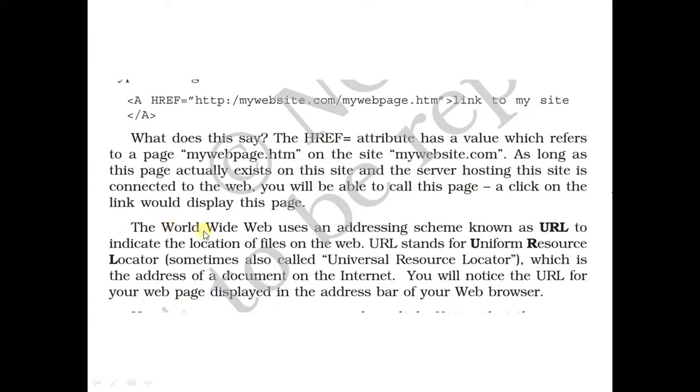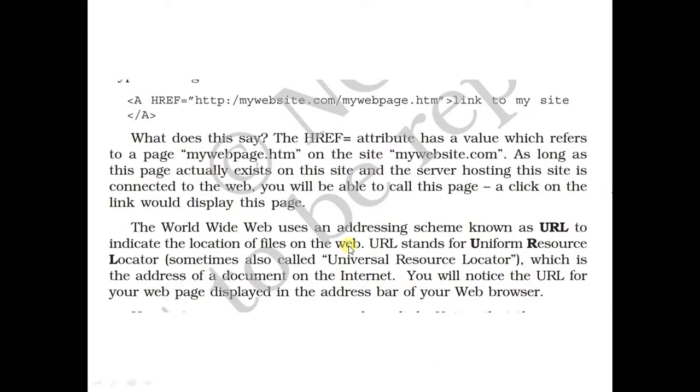The World Wide Web uses an addressing scheme as URL to indicate the location of files on the web. URL stands for Uniform Resource Locator, sometimes also called Universal Resource Locator, which is the address of a document on the internet. Means it tells the address where the page or the document or the website is located.